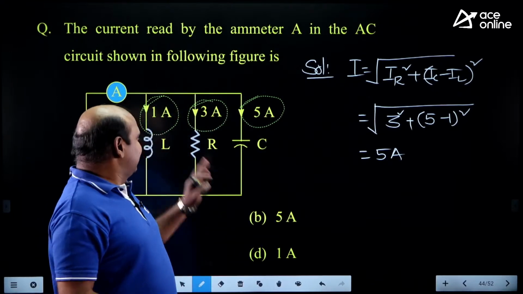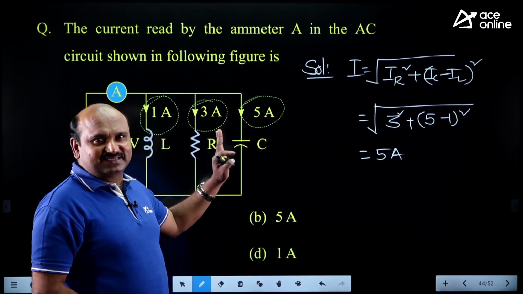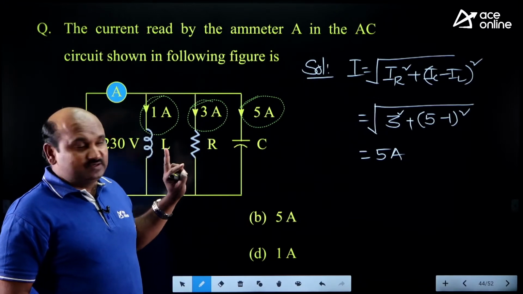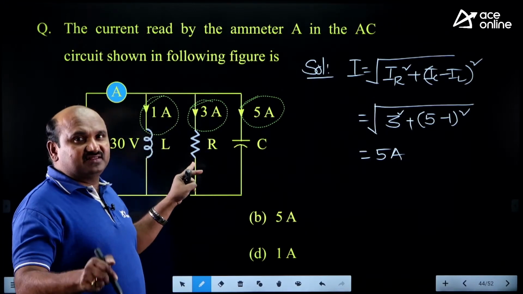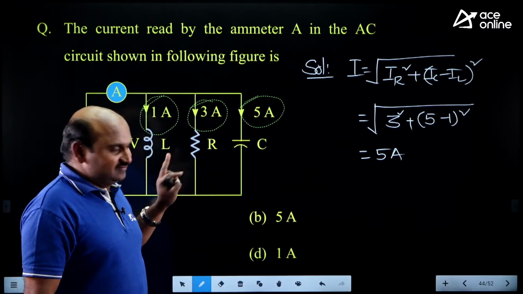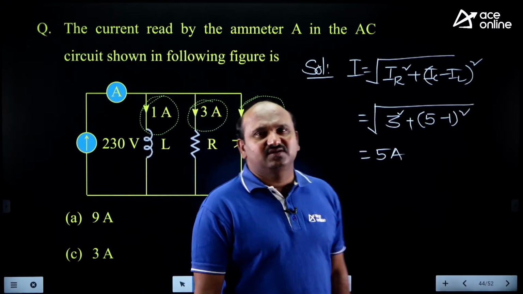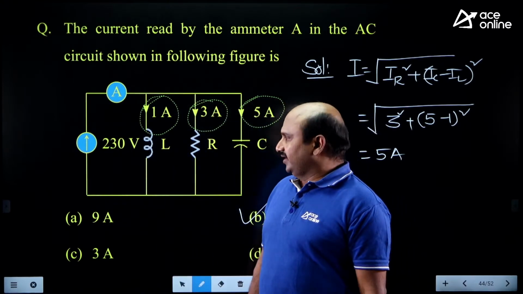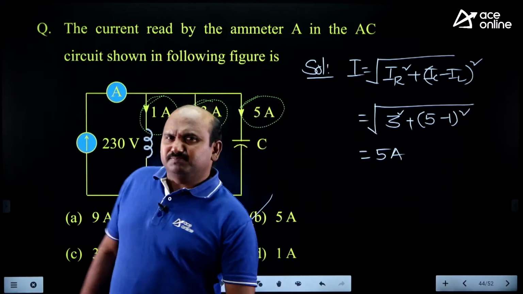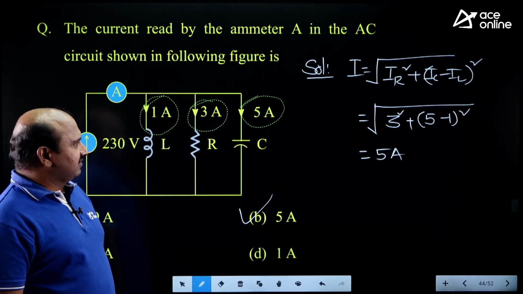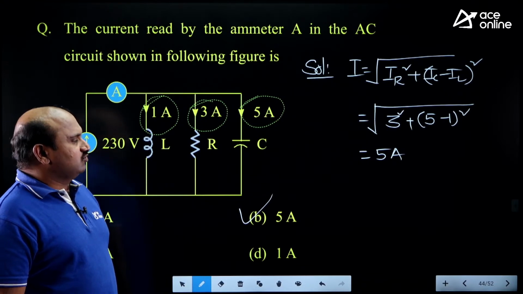First I have taken this as R, this as L, this as C. But the middle is the R. You should consider it like that. You need to identify where the resistor current was given. That is important. Now option B is the correct one. Got it? This is very simple. Simple questions like this you may get here. You need not think deeply about network questions especially.